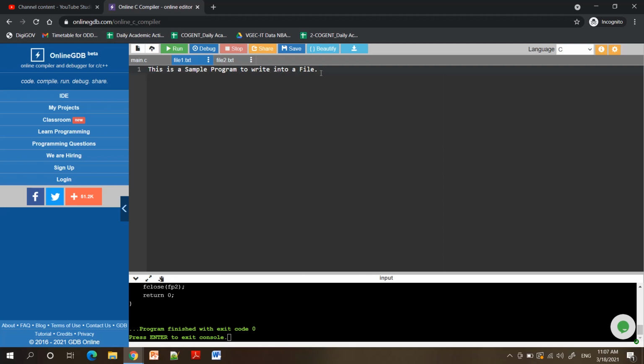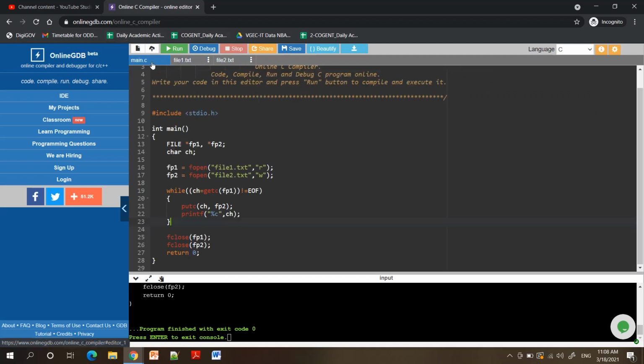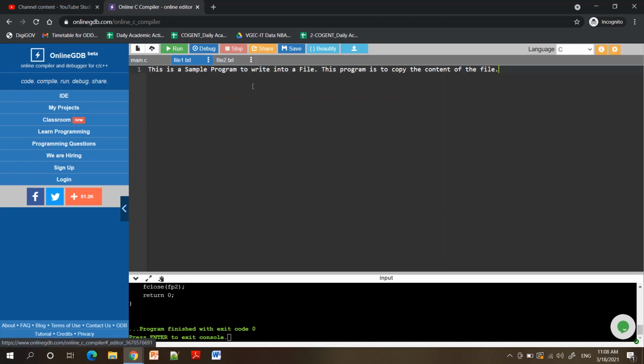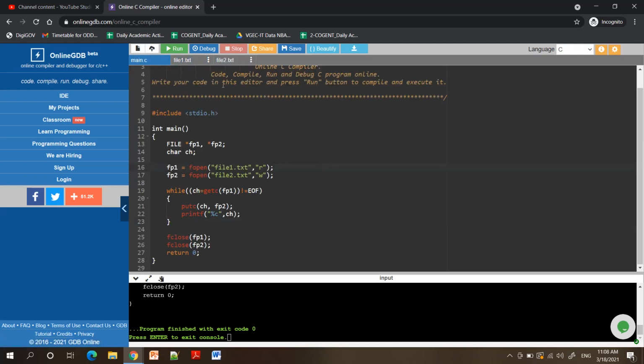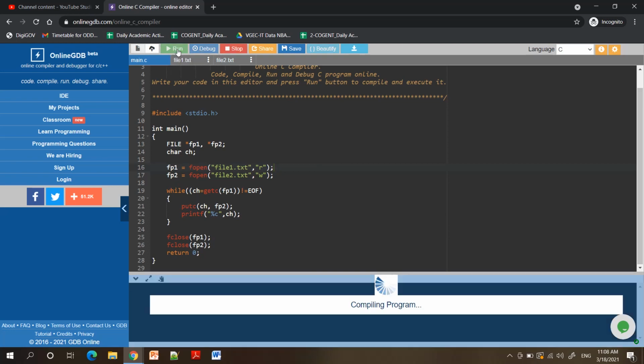Now I am adding one other statement: this program is to copy the content of the file. We have written another statement here. The content of this file is to be copied into file 2, right? So now I am executing this code.